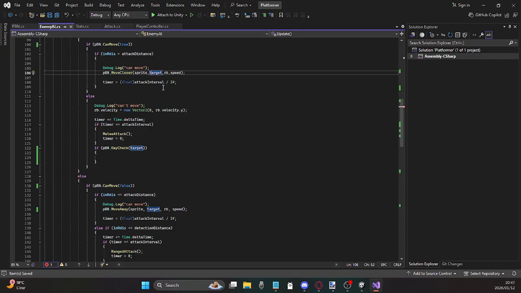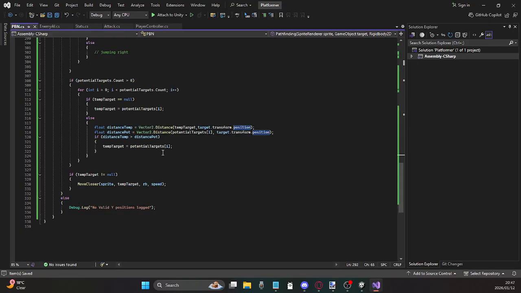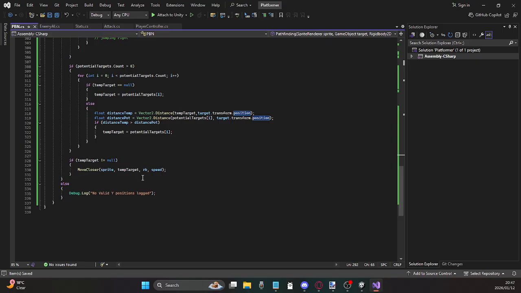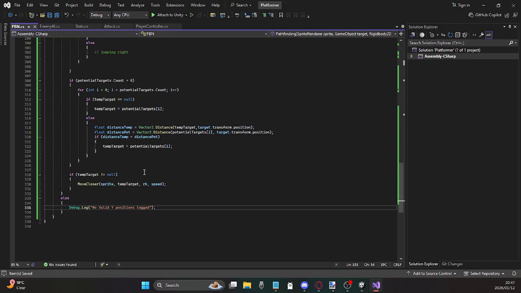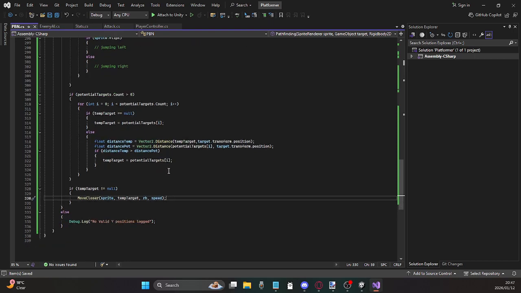Then I have some errors that would have displayed here. Just one error at least. There you go. And then I can go back here. No valid Y positions logged. And then it's this one's move closer to and